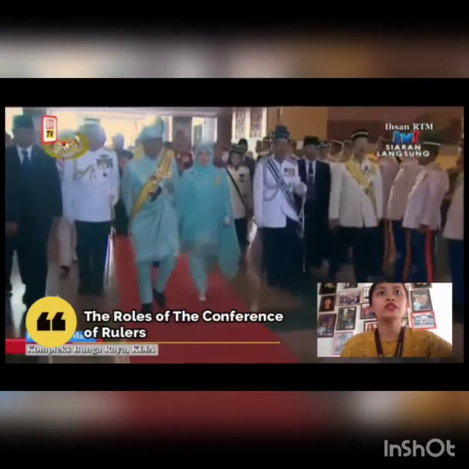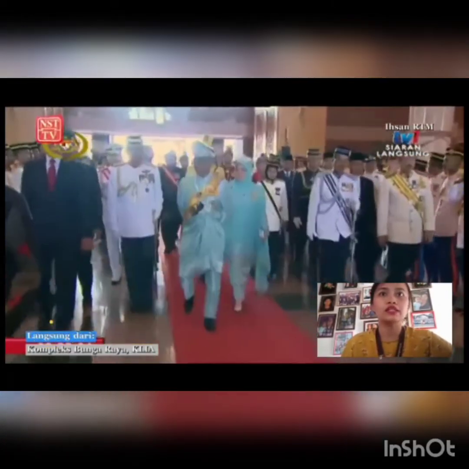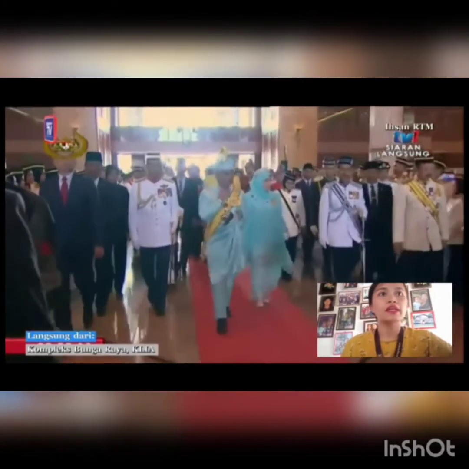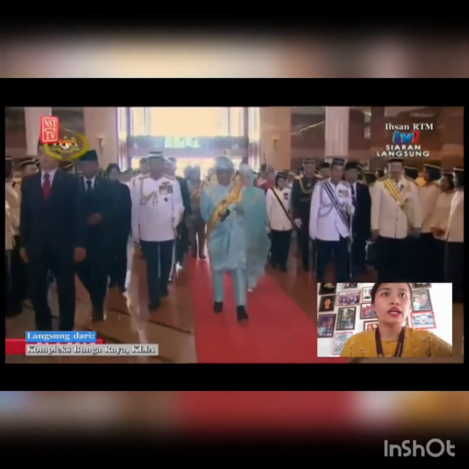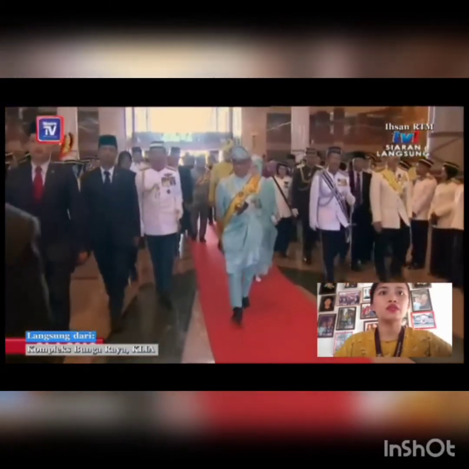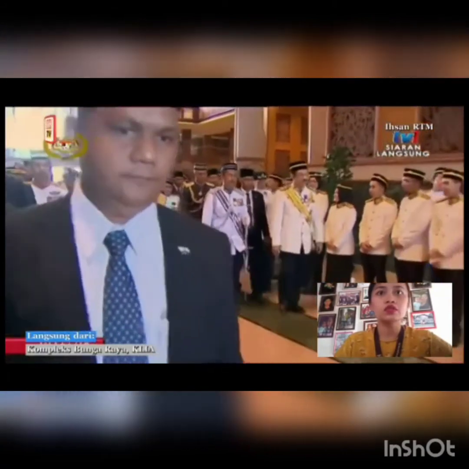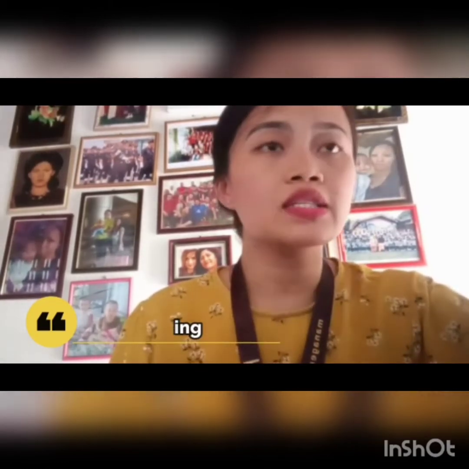The Conference of Rulers is not only supreme but also unique, as it is the only such institution in the world. After the country gained independence, the Conference of Rulers was established in accordance with Article 38 of the Federal Constitution. The function and duties of the Conference of Rulers, as provided in the Federal Constitution, are as follows. Number 1. Electing, in accordance with the provisions of the third schedule, the Yang di-Pertuan Agong and the Timbalan Yang